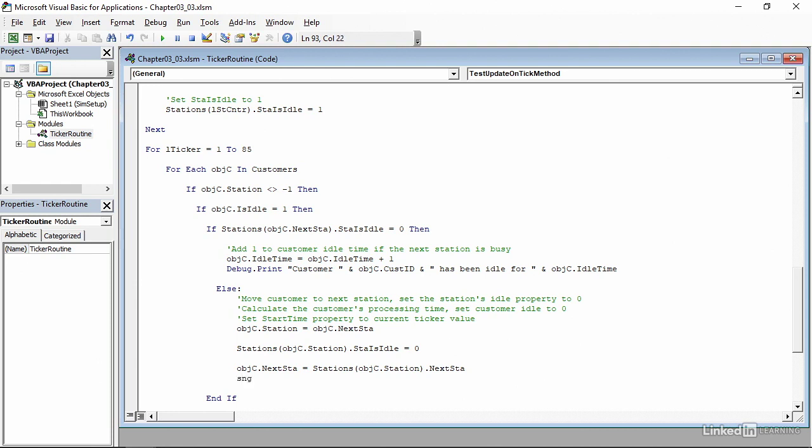So SNG for single precision floating point, RAND, that's a variable we declared earlier, equals RAND, and open and close parentheses. We'll use that random value to generate the amount of time that the customer will stay in the next station and add it to the current ticker value so we know when the customer will leave. So that will be objc.endTime equals lticker, so the current ticker value, plus, and this is a fairly long command,